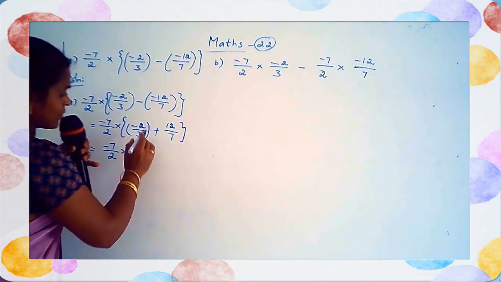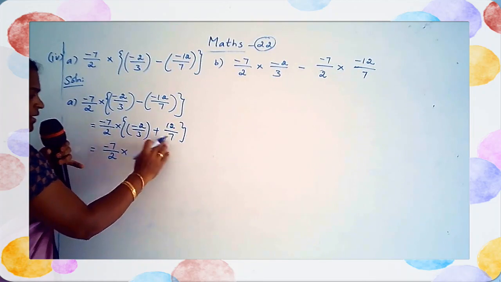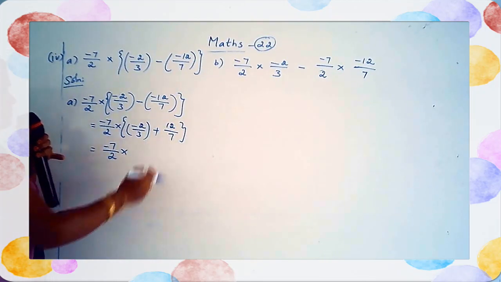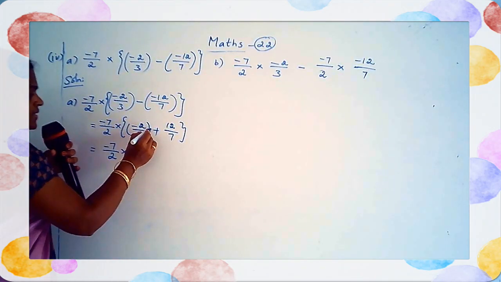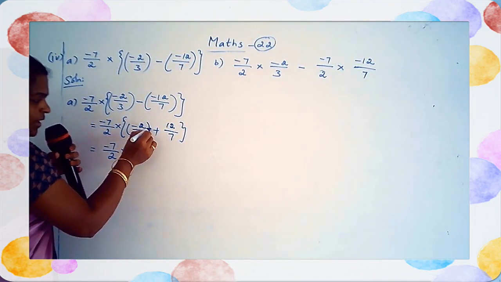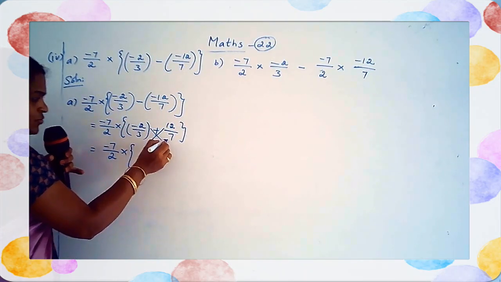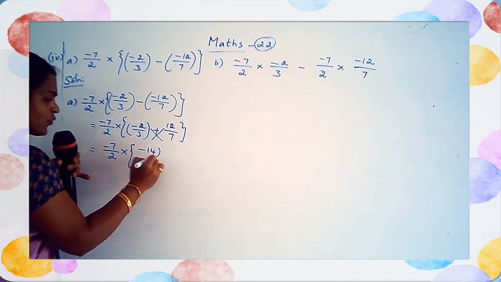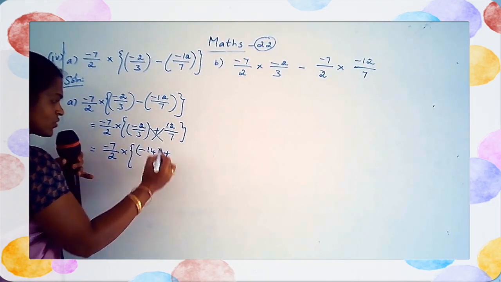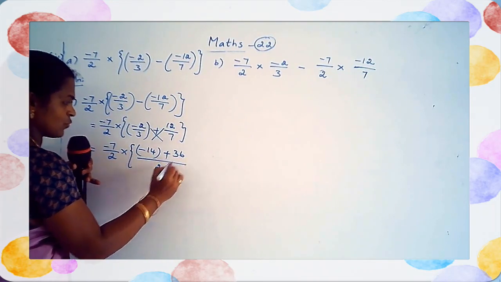Okay. So I am using LCM method. Sorry, cross multiplication method. Why? You see here the denominators are very easy numbers only. Okay. They are small numbers only. So cross multiplication method is best. Okay. So now multiply by cross. Minus 2 into 7, multiply by cross. Okay. So minus 2 into 7 is minus 14 plus 3 12s are 36 upon 3 7s are 21.